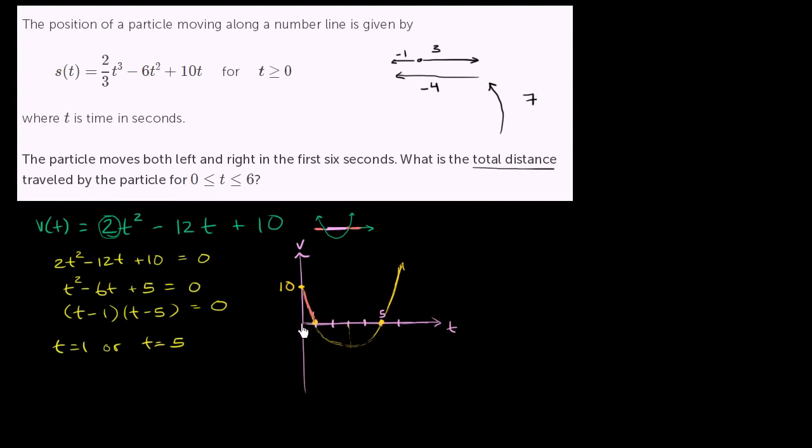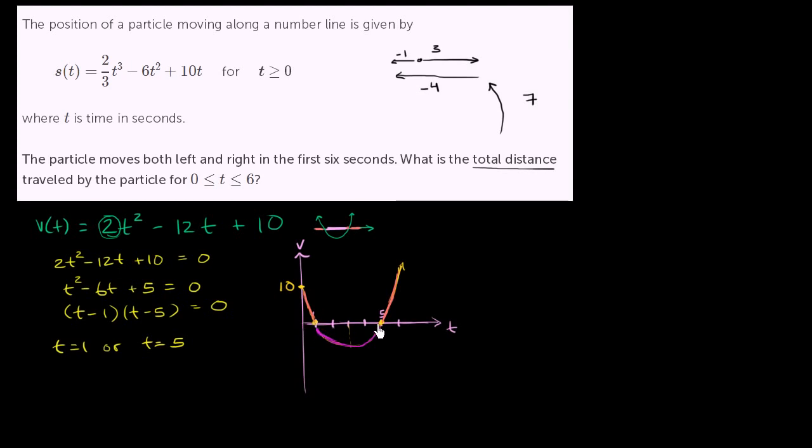For time between 0 and 1, and it's also positive for time greater than 5 seconds. And we see that our velocity is negative, or that we're moving to the left, between 1 and 5 seconds. The velocity is below the t-axis right over here. It is negative. So let's just think about what our position is at each of these points, at time 0,